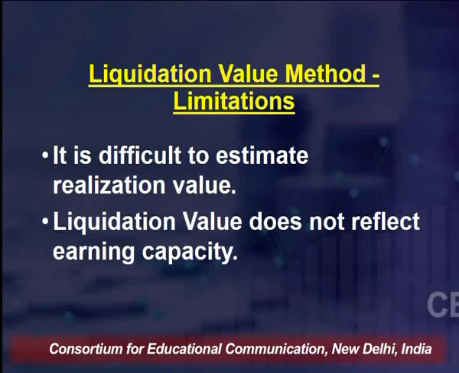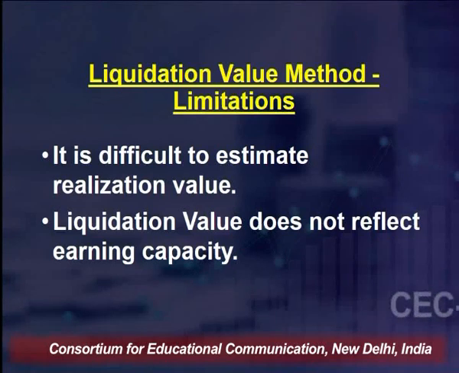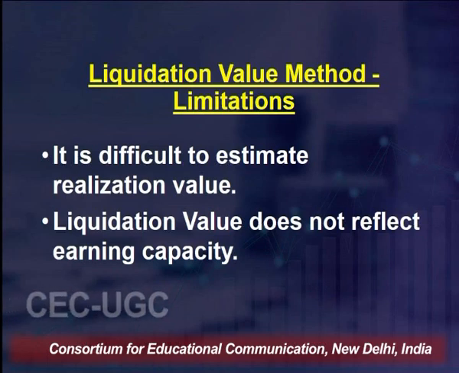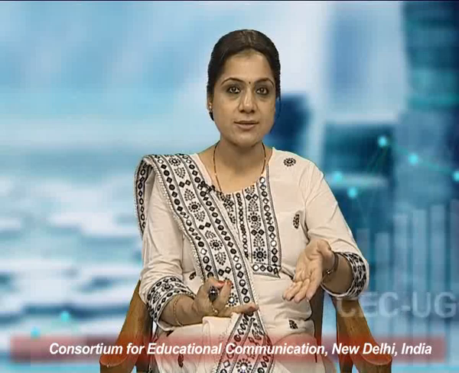The second is that when we say the liquidation value method should be used, it is actually not taking into consideration the earning capacity of the company. The company buys the assets to do business. The company purchases land, building, machinery, invests in human resource, and goes in for patents, creates its goodwill. Not because it has to sell off all these things, but it is making these purchases or investments because the company really wants to make it big. The company has to earn from these assets. By using these assets, the company intends to make a good earning. Now, that is why this method is not reflecting the true earning capacity of a company.